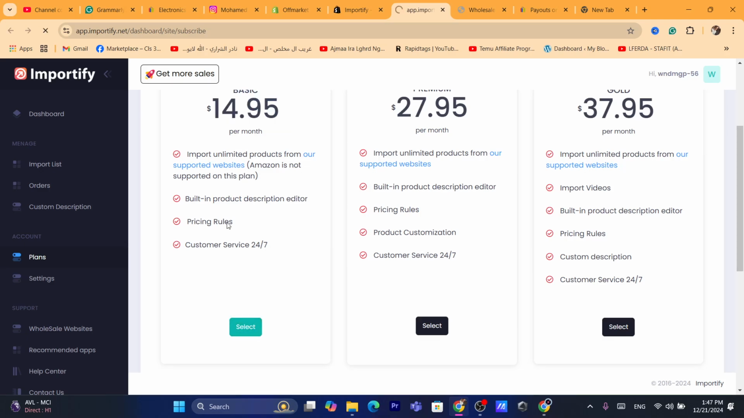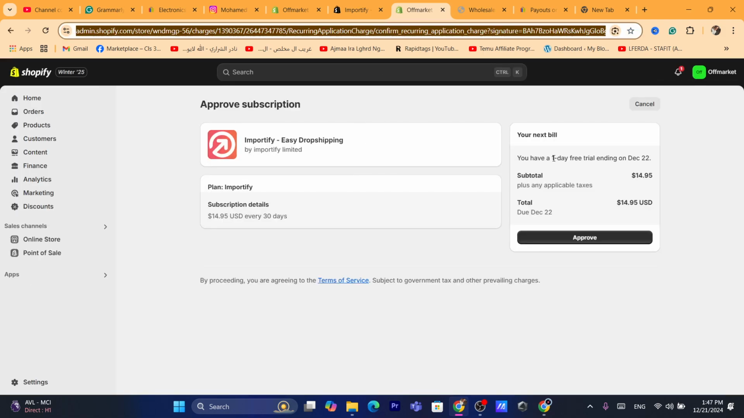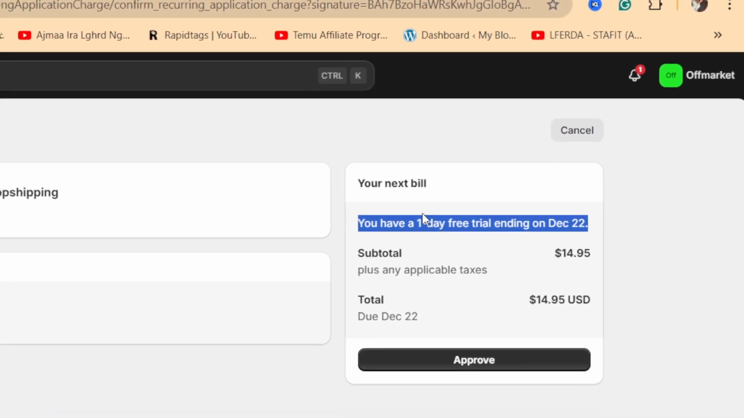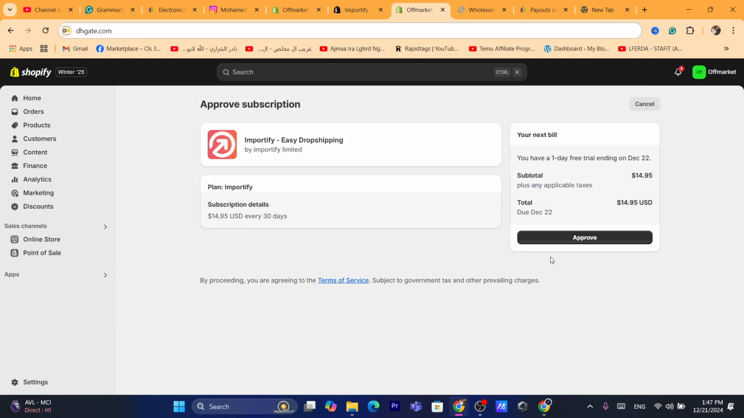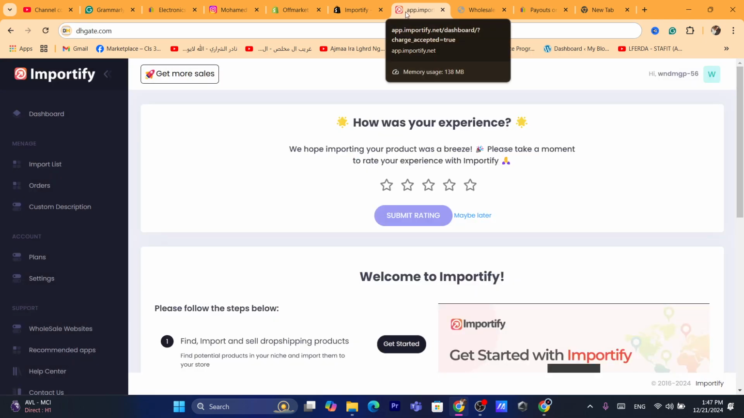Keep in mind it's not going to charge your card now, as you will get a 1 day free trial. As you can see, if you look at your next bill, you have a 1 day free trial. Of course, if you don't like the app, you just need to click on settings, click on apps and sales channels, and remove the app before 1 day, so that the app is not going to charge your credit card. After that, you want to click on approve. Okay, so on the next page, guys, you will be able to start importing products from eBay to Shopify,